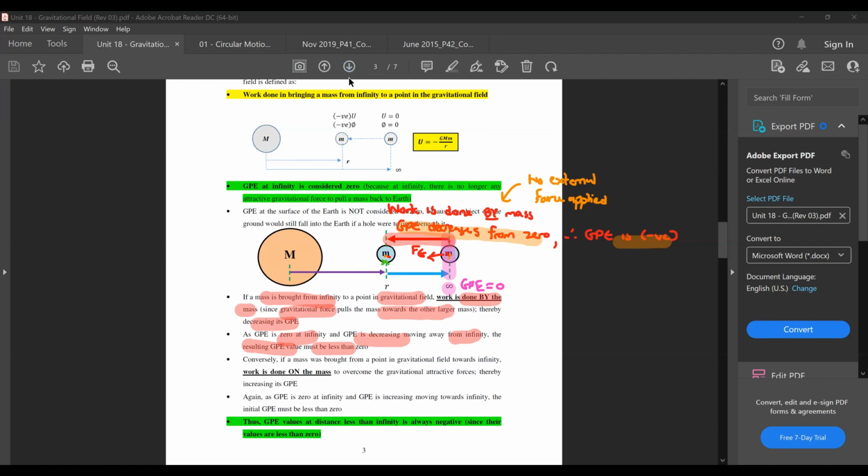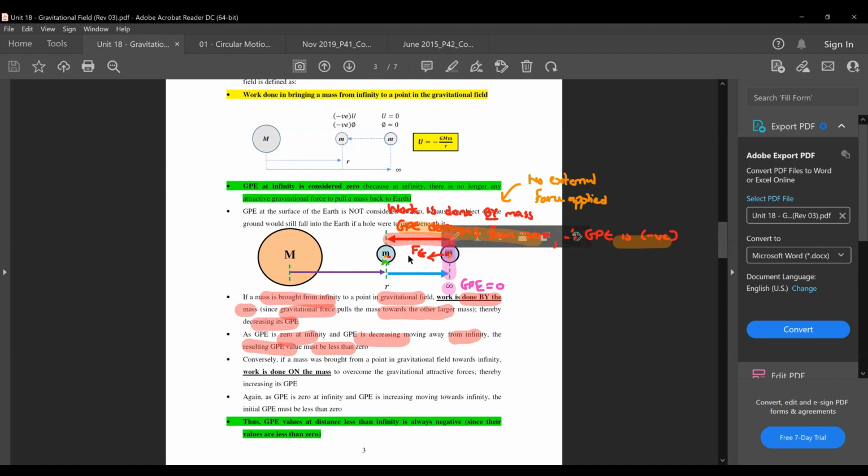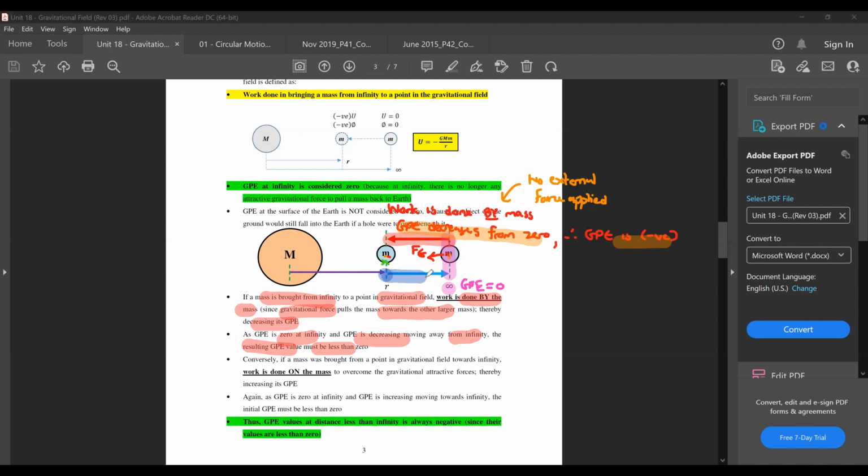Okay, so if you think of it as that, GPE value must always be negative. Now, you can also think of it the other way around. What if I don't bring a mass from infinity to that point? Instead, I did it the other way around, where I bring the mass from that point all the way to infinity. Would my value still be negative? You will actually get back that same conclusion. All right. But in your current case, it's slightly different. You need to modify it.